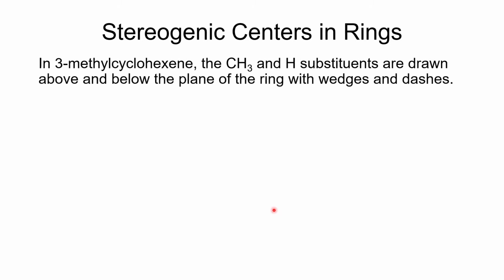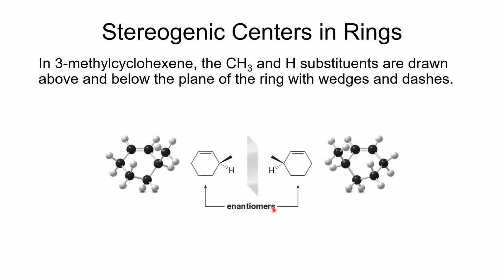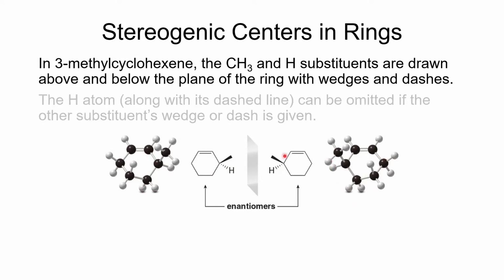All right, stereogenic centers in rings. So in that 3-methylcyclohexene that we just looked at, the CH3 and the hydrogen substituents are drawn above and below the plane of the ring with wedges and dashes. So here is the way we could draw it, where we have the mirror images. All right, so this is a mirror image of that. Here's a ball and stick model that are mirror images. But we can also